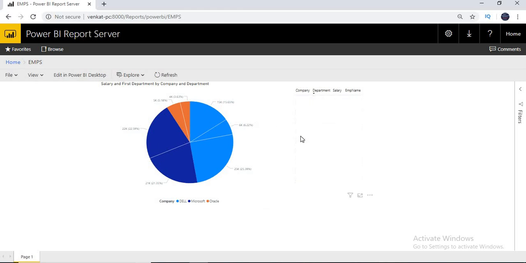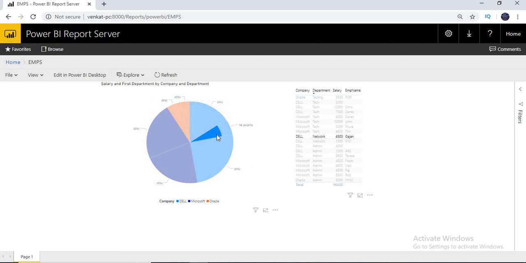Let me select here. If I select here, you can see this. In the entire graph, only one piece of the section has been highlighted, because the portion of the particular employee salary is this much in the entire company. Let's select the highest component here. You can see a bit more. Let's select some more, this one, Dell. You can see some more. This is how you will see the difference here.